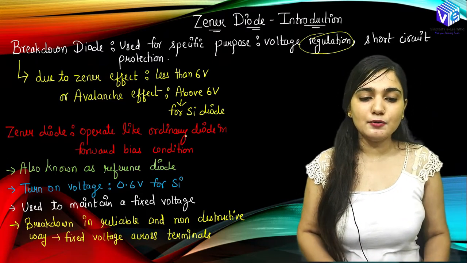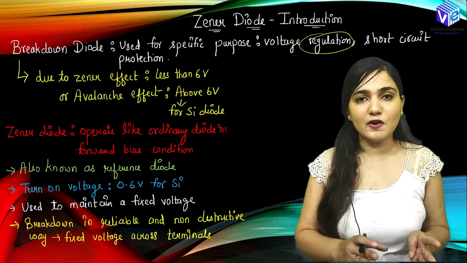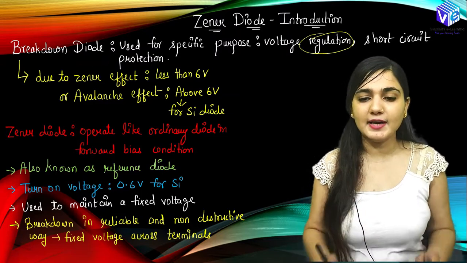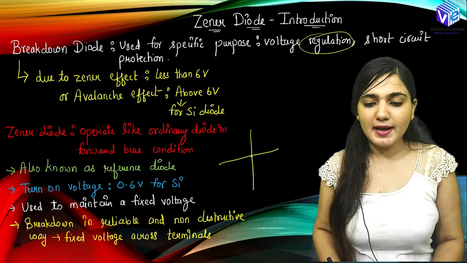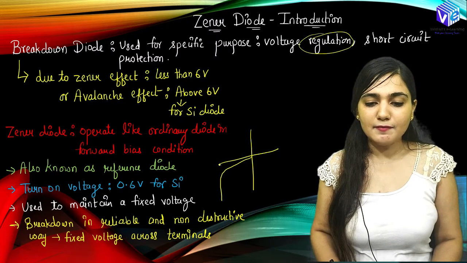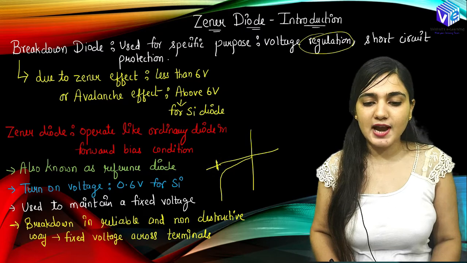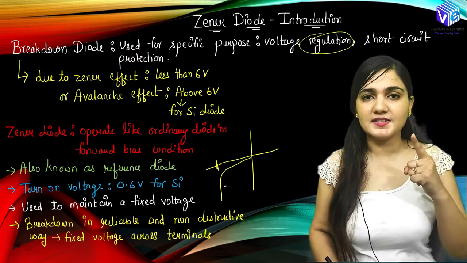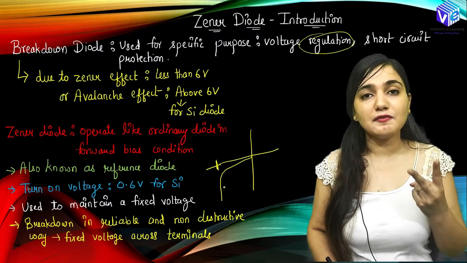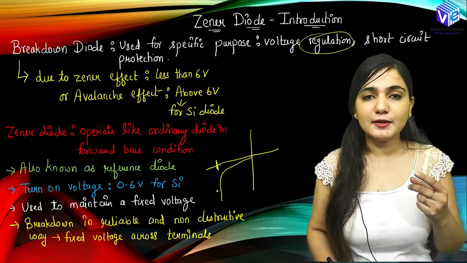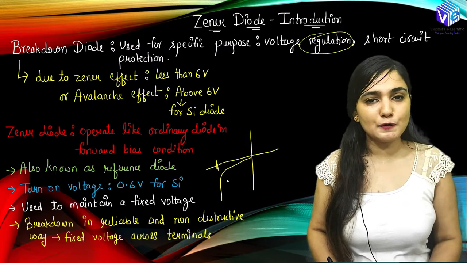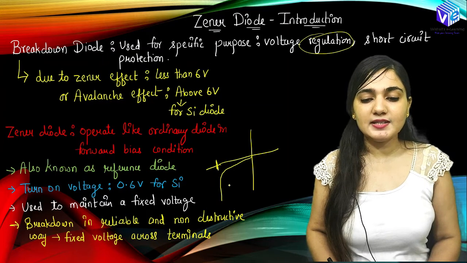The Zener breakdown is the safe kind of breakdown, right? Here we can operate the device in reverse bias. What was the breakdown? In reverse bias, the device has a breakdown at some voltage. If I increase the reverse bias voltage to that particular voltage, I will get a very high current, right? This breakdown can happen due to two reasons. First is Zener breakdown, second is avalanche breakdown. The Zener breakdown is a safe kind of breakdown where I am not going to damage the device, so I will be operating in this condition.